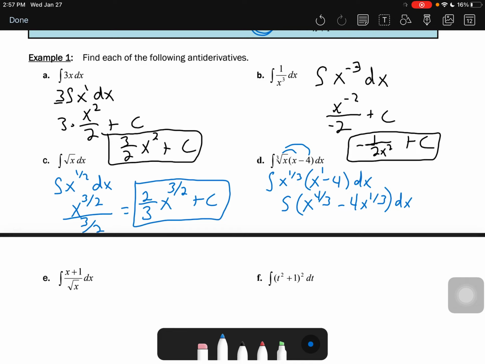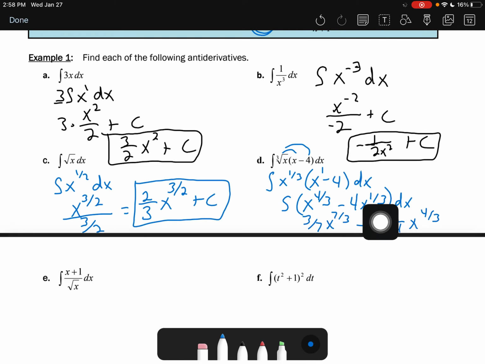It'd be x to the 7/3, and then I have to divide by 7/3, which means I'd be multiplying by 3/7. So it's 3/7 x to the 7/3, and then minus. Okay. Now this 4 is going to be multiplied in whatever I have with my coefficient. If I add 1 to the 1/3, that's 4/3. Be multiplying by its reciprocal, so dividing by 4/3 as well, so times 3/4, and this will be 4 times 3/4. I'll just write that 4 times 3/4 x to the